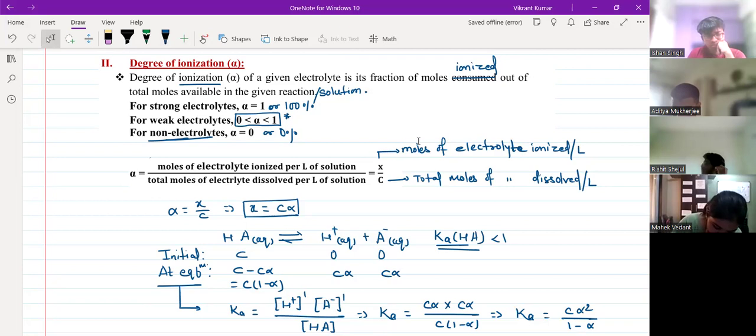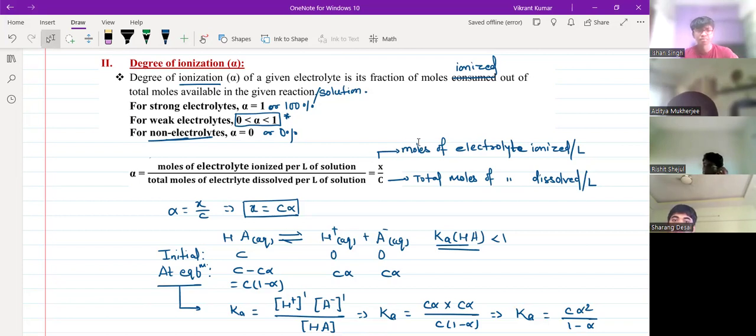ना, अभी तो मैंने एक इलेक्ट्रोलाइट लेकर उसके आयनाइजेशन को दिखाया है, उसका कैलकुलेशन दिखाया है कि how to do the calculation. इसके बाद वापस से हम लोग करेंगे. Will be having case 1, 2 में स्ट्रॉन्ग इलेक्ट्रोलाइट की बात करेंगे. The moment we are entering into case number 3 and 4, we'll be talking about weak acids and weak bases. Okay, will talk about that.